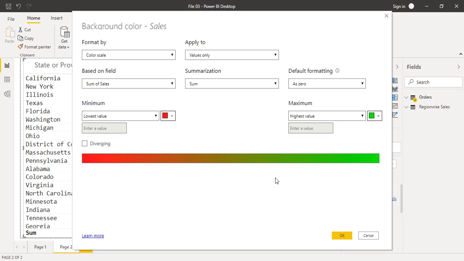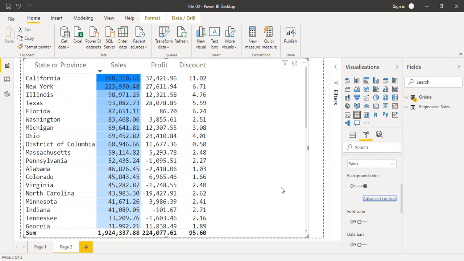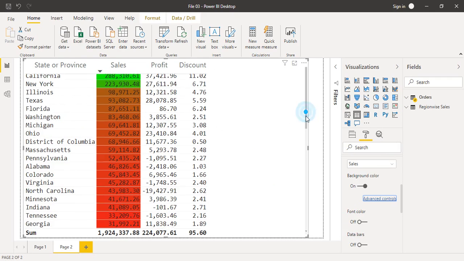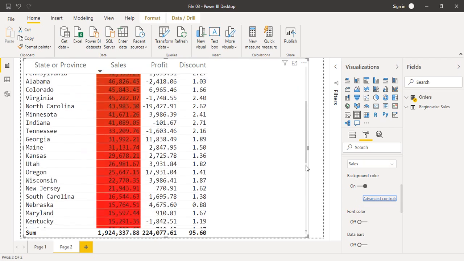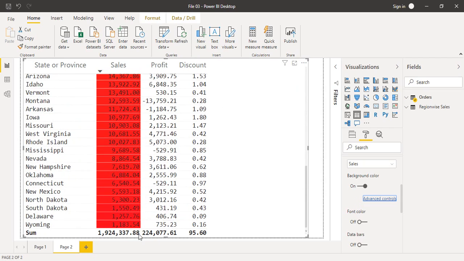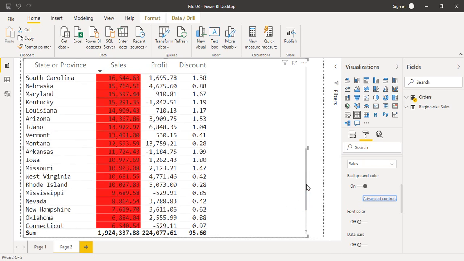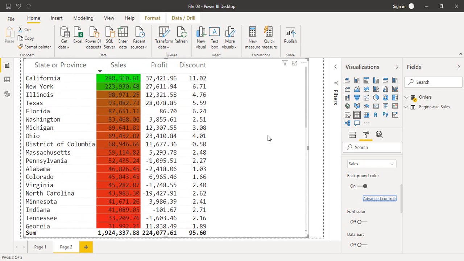But once you are happy with it, you can just click on OK. And after a second or few, you can see that the highest value is now represented with kind of a green color, and these are the brick red colors all associated with it, and the lowest value is represented by a reddish color. So that is how you can actually work with it to make a contrast very easy. We know that the highest value is the green and the lowest value is red. So that was about background color.